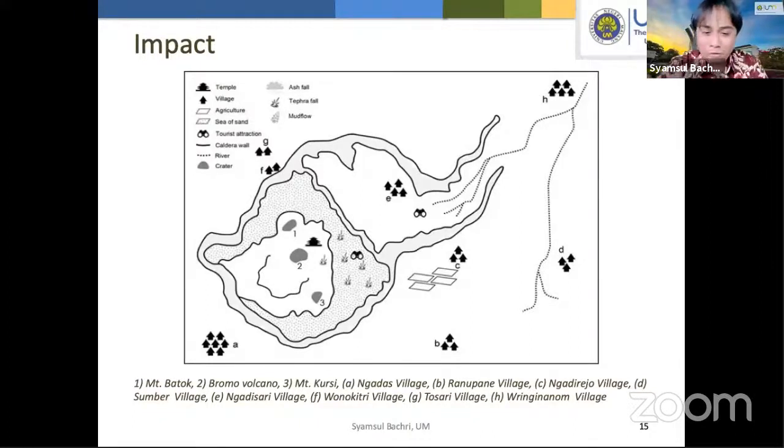We have Ranupane, Ngadas, Ngadirejo, Ngadisari, Wonokitri, Tosari, and Rininganom. We have a lot of villages here. And not only do I map this interaction, but I also map the places of tourism. For example, we have temples here, in 1 and 2. And I map the sources of material, for example asphalt, tephra fall, and mud flow, which really have an impact within this